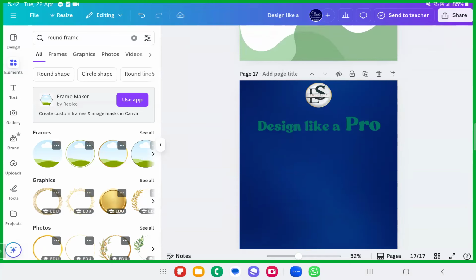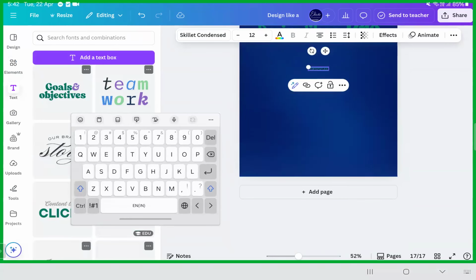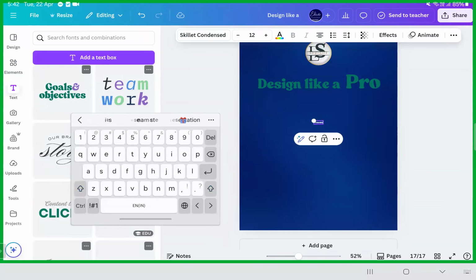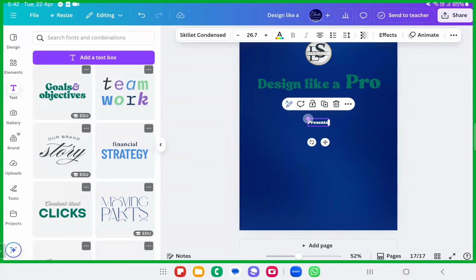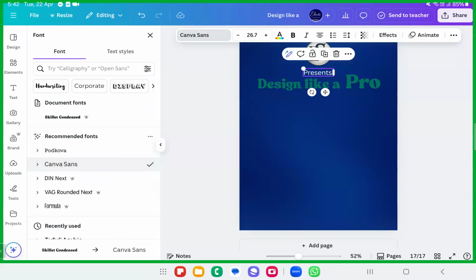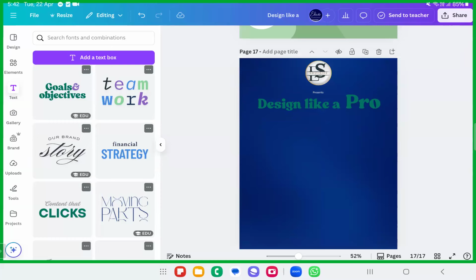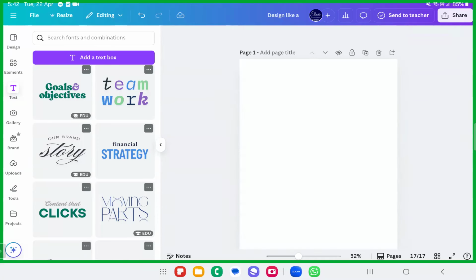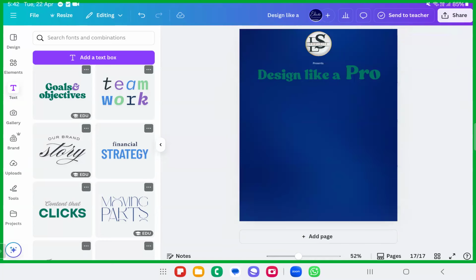And this way: design like a pro, EDU-SITE presents. Let me just write a simple text box and write presents onto it. Textual content, we fill it over and then make changes to the content. Make sure the smaller things go smaller with the design. Then you can give a smaller heading, what we call a punchline. What was the punchline over there? Probably learn how to earn. So you can give any punchline. The textual content is not a matter.